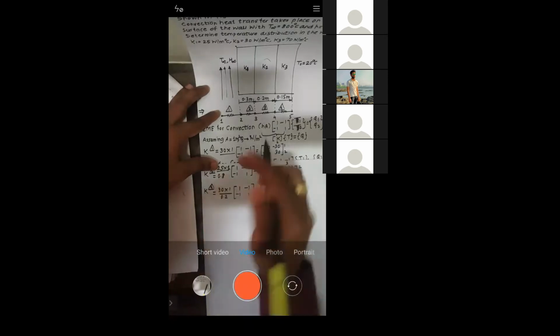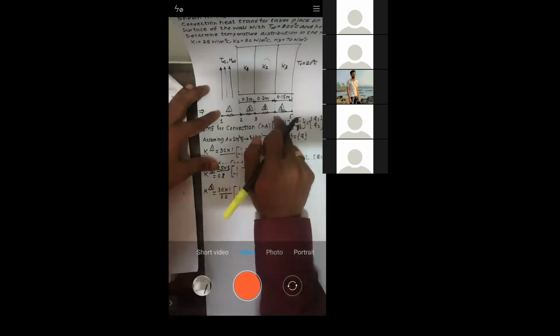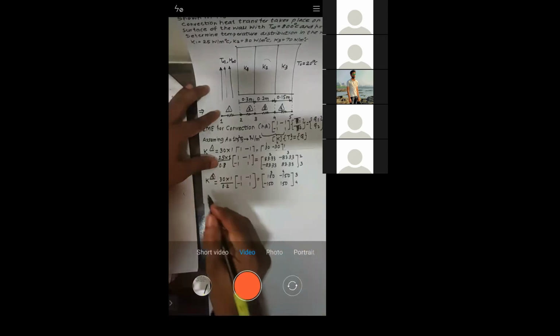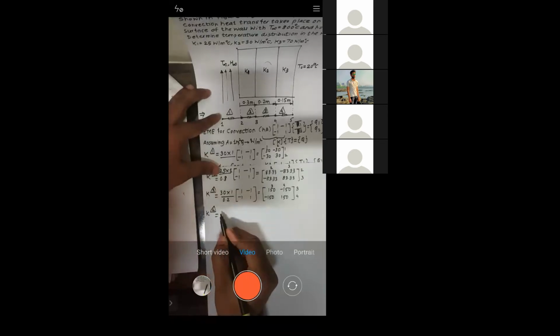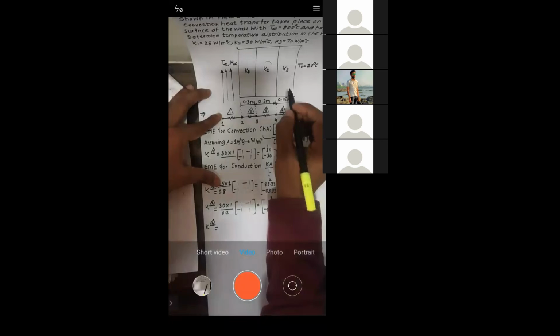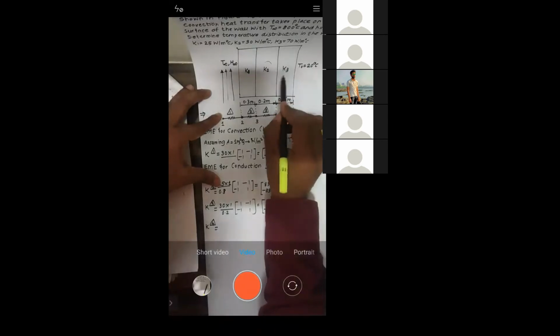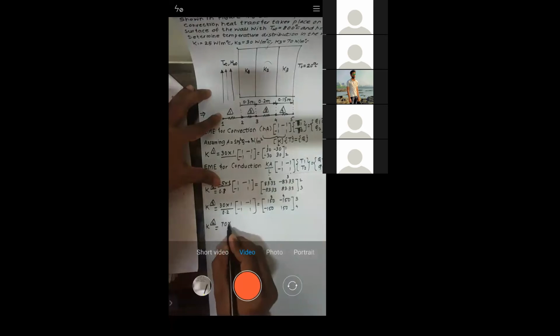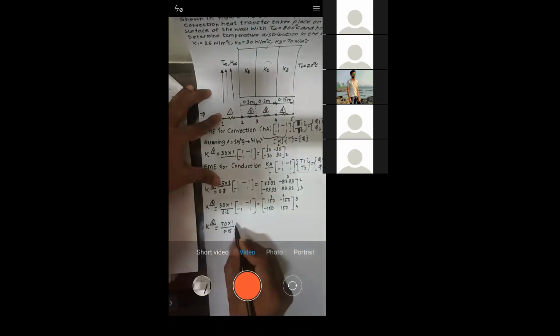So see element number 3. It is between 3 and 4. We need to write down here 3, 4. Clear? Now let's go to the stiffness matrix of element number 4. 466.6. Okay, the stiffness for element 4 is K3. And what is K3? It's 70, right? So 70 into area 1 upon its length 0.15, into 1 minus 1 minus 1.